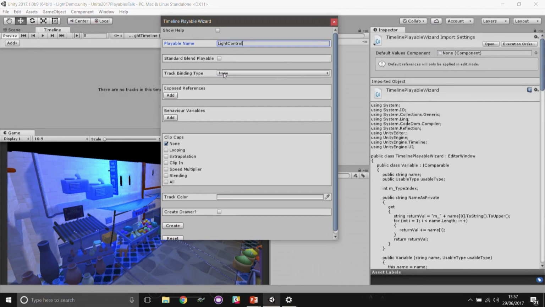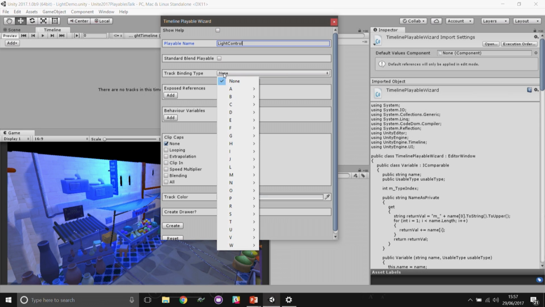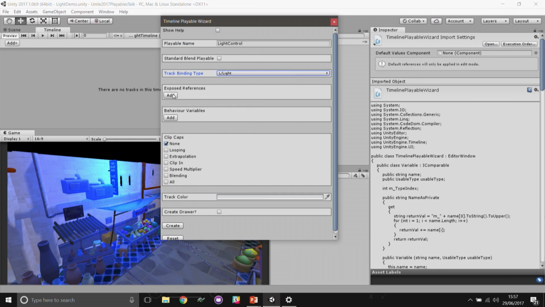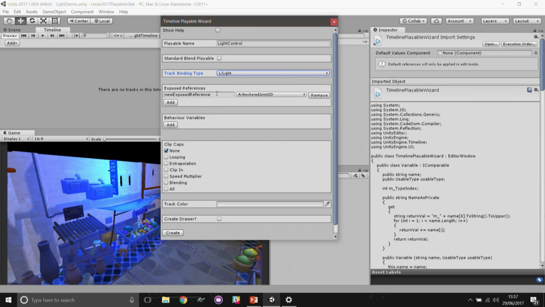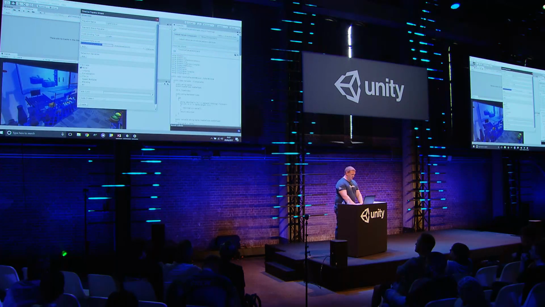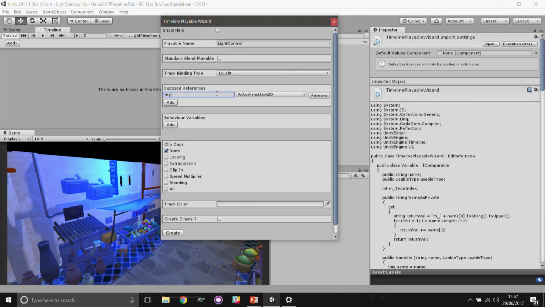Next, we've got the track binding type. So by default, it's on none, but I probably want to affect something like a light component. So I'm going to choose light. And we can add exposed references. So these will get added to both the data and the clip as their various types, and it will be set up to automatically assign them for you. We can call that whatever we want, so I'm going to call it my lovely reference. And you can add as many of those as you want, and you can choose their type accordingly,